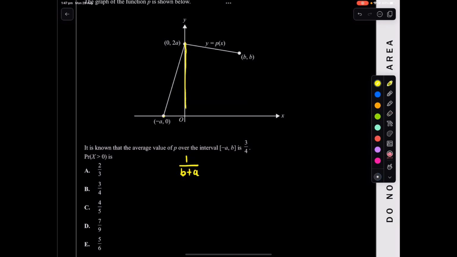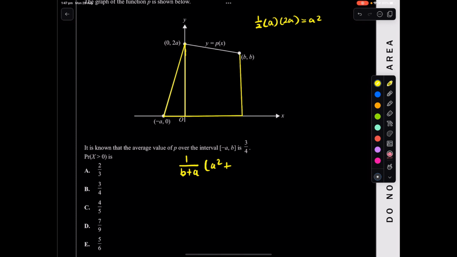So if I draw the triangle here, what's the area of this triangle? Well, we know the area of a triangle is half the base, here just a. It's negative a, but we want the absolute value, so a times 2a. So it will equal a squared. So we can say a squared plus